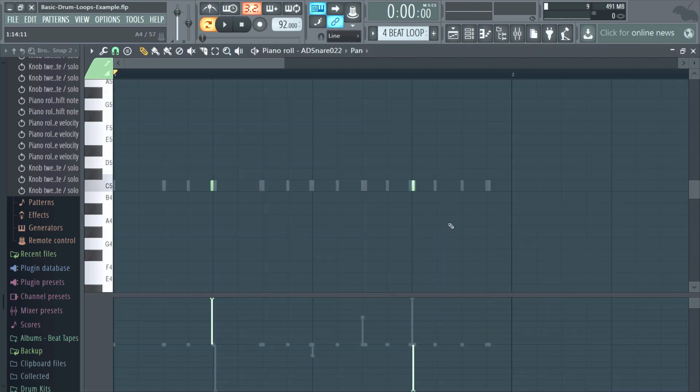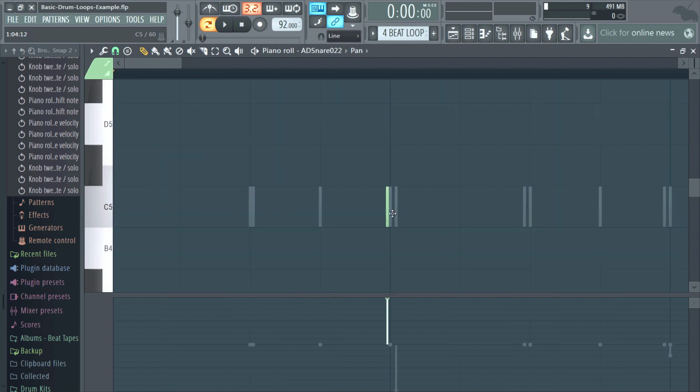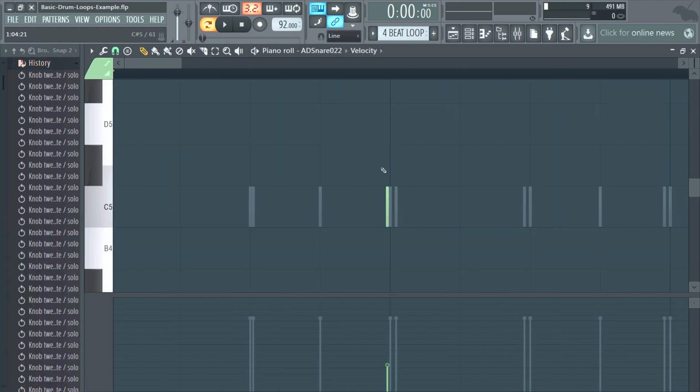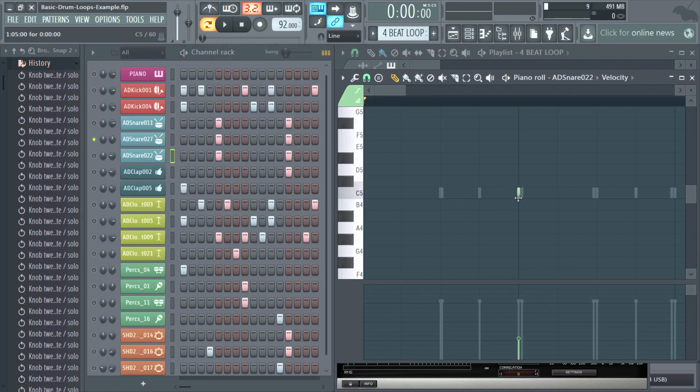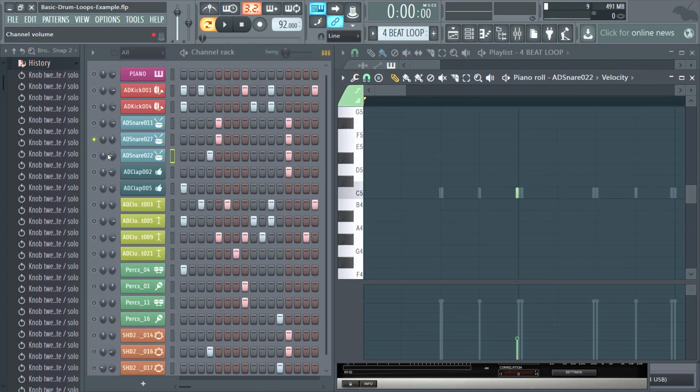So if we maximize this and zoom in, this is a handy trick: you hold down Control and the right click, and it allows you to zoom in as much as you can. As you can see, I've just nudged it over. If we do something like this, it moved it, right? So I've just moved it back a little bit. If we listen to this snare hit just by itself,